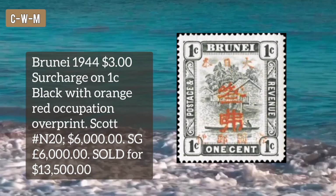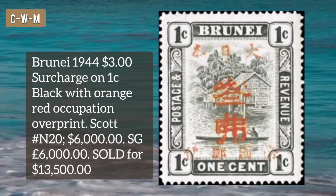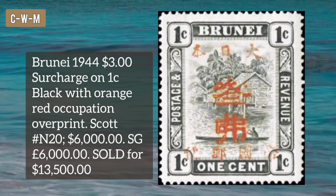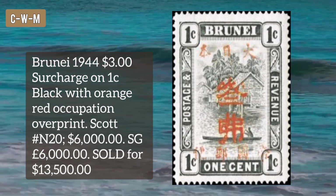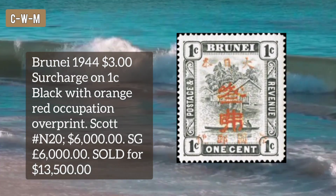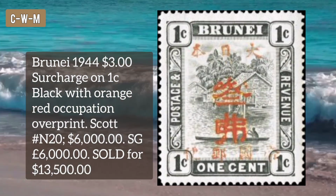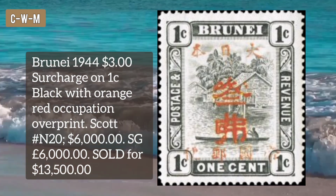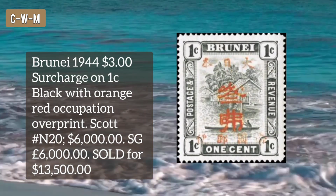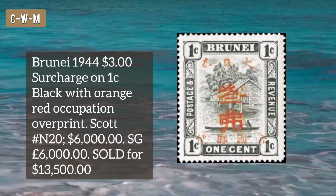Brunei 1944 $3 surcharge on 1 cent black with orange red occupation overprint. An outstanding mint single of this important Japanese occupation rarity, being among the very finest quality examples known, possessing extraordinary freshness and excellent centering. Fresh, clean, original gum, unlike the typical dried or dull gum found on most of the occupation series. Scott number N20 in price $6,000. Stanley Gibbons price 6,000 British pounds and sold for